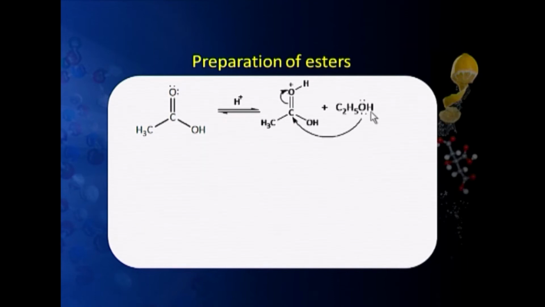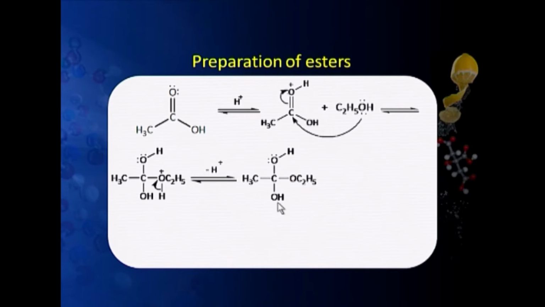Now this ethanol molecule, which although is a weak nucleophile, but now due to the positive charge, the residual positive charge on this carbon is enhanced, and it attacks here, the pi electrons shift to this oxygen and we get this situation. Now this sp2 hybridized carbon has been converted into sp3 hybridized carbon here. This is one OH, this is the OH which was here, and this is the ethanol molecule that is added here. Now this oxygen of the ethanol has got positive charge, it loses H plus and we